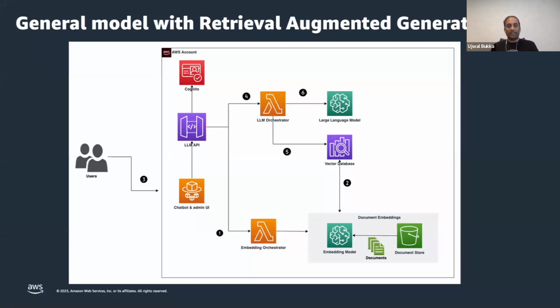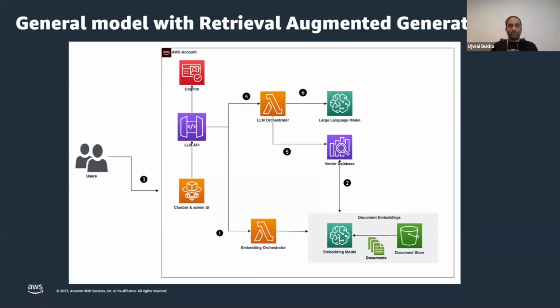These embeddings are nothing but the numerical representation of your text. And then these embeddings will be stored in a vector database. Like as Yuda mentioned, this vector database can be an OpenSearch database or RDS PostgreSQL, or it can be any other third-party database like Pinecone, etc. And once you store these embeddings in the vector database as shown in step 2,